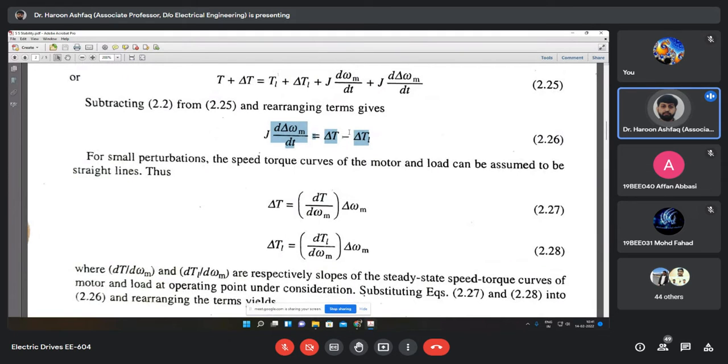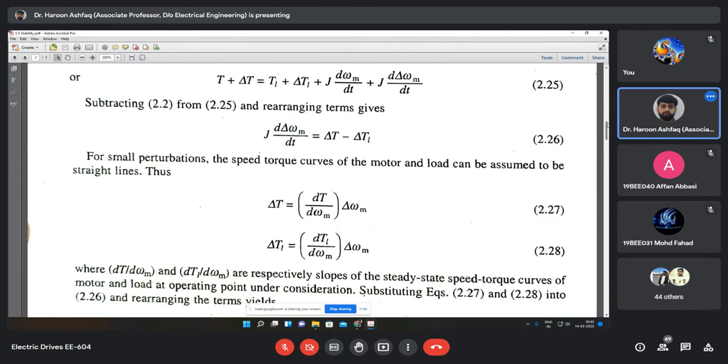one assumption is also taken over here is that how you transform this delta T, जो मैंने आपको बताया था कि अगर आप टॉर्क का इफेक्ट डिस्टर्बेंस में देखेंगे तो इट विल कम आउट इन टर्म्स ऑफ स्पीड. If you increase the torque, what will happen? The machine will accelerate. If you decrease the torque, the machine will decelerate. So whenever there is a disturbance in terms of torque, you will always see that it will come out in the form of speed. तो ये जो हमारे पास इक्वेशन है, जिसमें स्पीड भी मौजूद है और टॉर्क भी मौजूद है, तो उसे हम स्पीड के टर्म्स में करने के लिए क्या करेंगे,